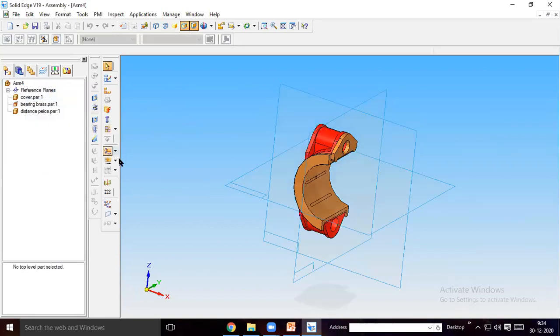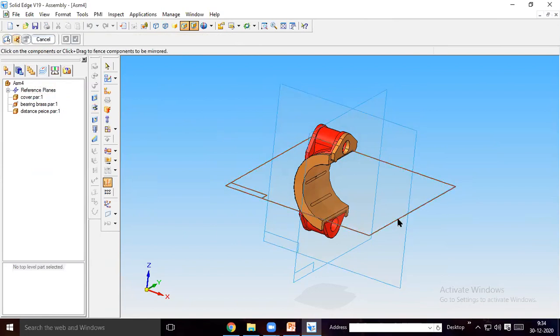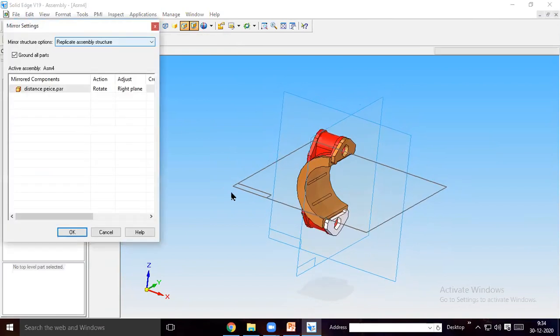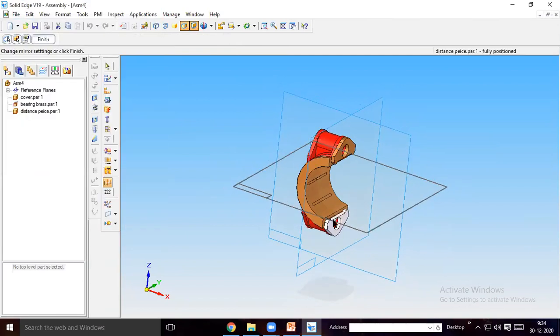So here you see the solid mirror option, mirror component, click on the assembly reference plane. I want to mirror with respect to this plane. Click on the component, this one. Save OK. So that will be replicated here also. Same way, I want to mirror this component also with respect to the side plane.